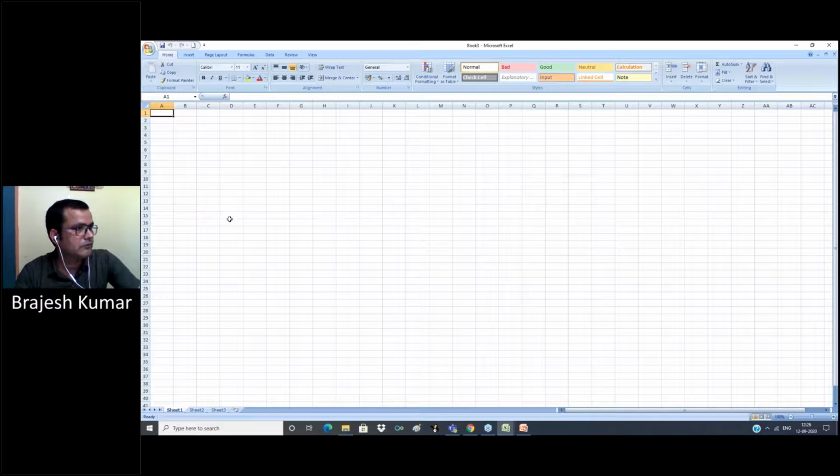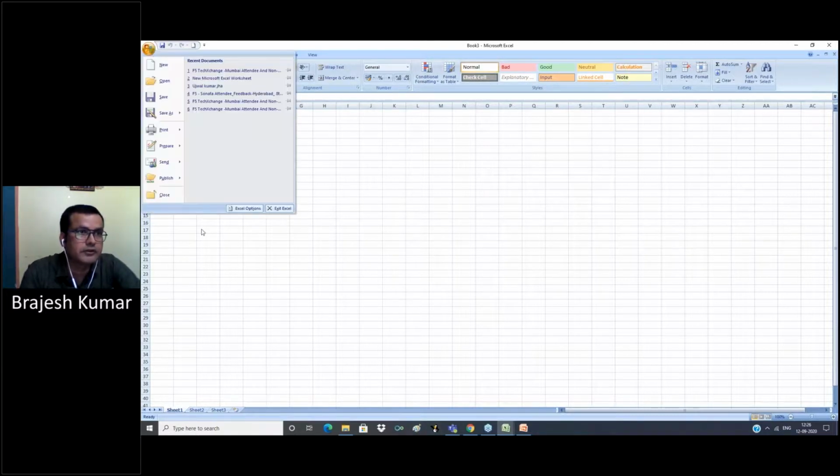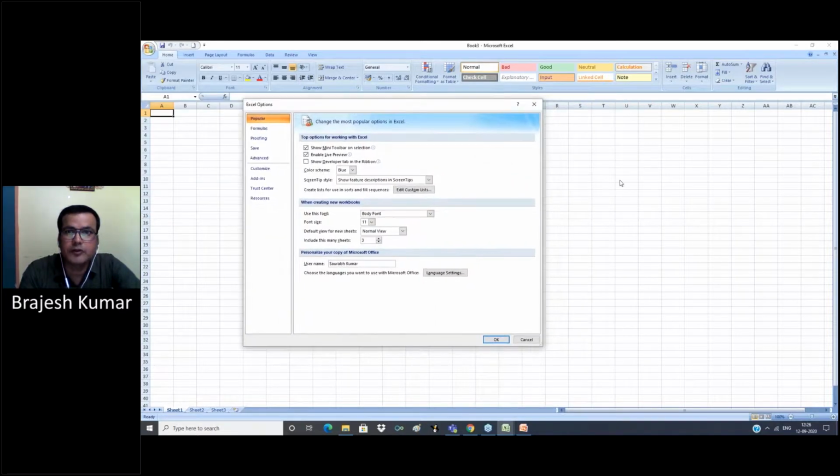Now we go to Excel Options. Click on this window. Excel Options is open. What is Excel Options? Why do we use it? Excel Options gives the option to customize our ribbon, to add more functions to our ribbon, to remove functions from our ribbon.